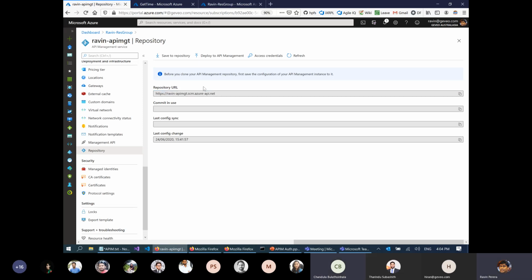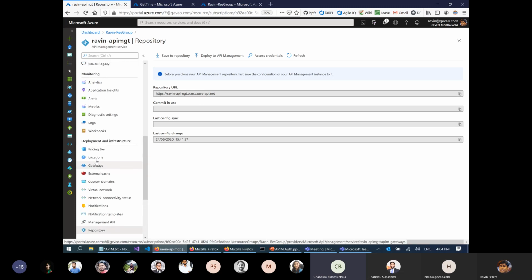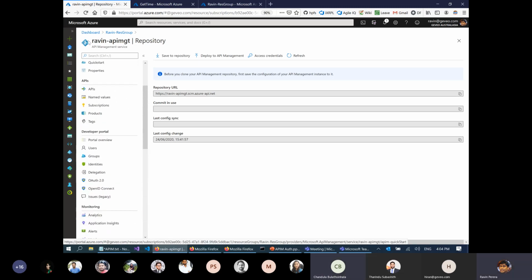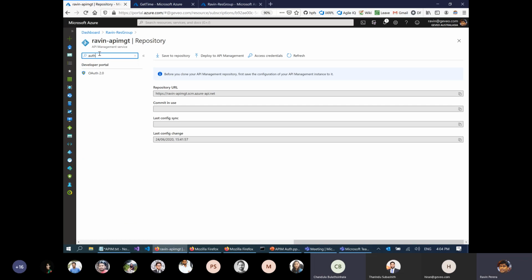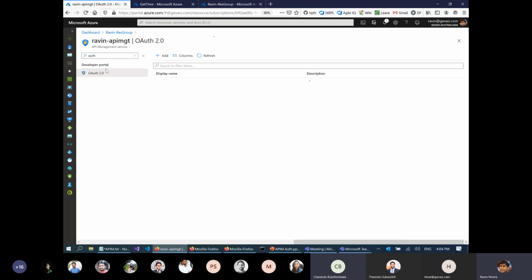Ravin, in this API management, there is a section called authentication or something, right? Yes, this one? Yes. So these are additional features in API management, so we could use these kinds of things as well.